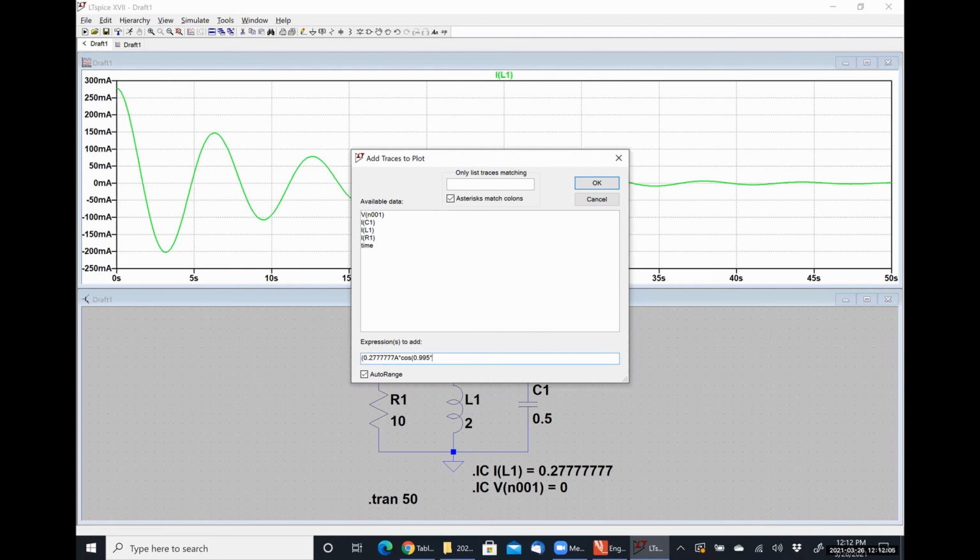0.995 multiplied, and here's something very, very important, okay? LT Spice interprets all of its angles as degrees. We have the angular frequency, so we need to multiply by 180 degrees over pi to get LT Spice to do this correctly. So 180 divided by pi multiplied by time, and to that I'm going to add 0.028 amps multiplied by the sine of 0.995 times 180 over pi times time, close parentheses, multiply this by the exponential of negative 0.1 times time,